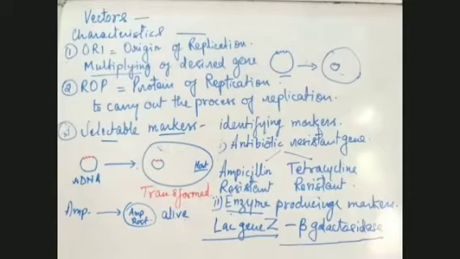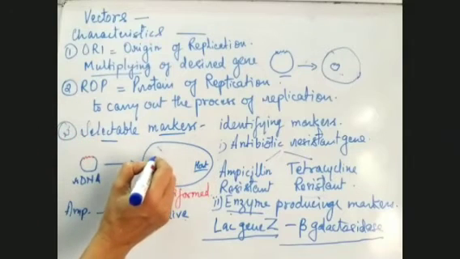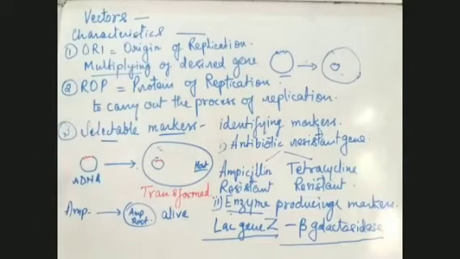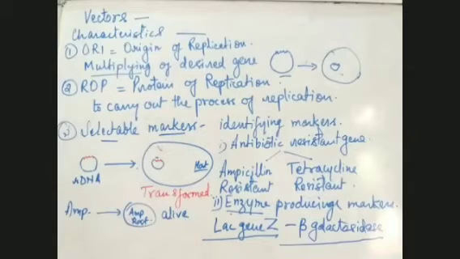Suppose the gene we have introduced is a vaccine producing gene, or say any antibiotic producing gene. It will produce that particular medicine through the process of transcription and translation, and we will be able to get it. Now, how will we see? These are very small, highly microscopic organisms. So how will we come to know that the vector with our desired gene has been introduced into the host? We cannot see every bacteria under the microscope.